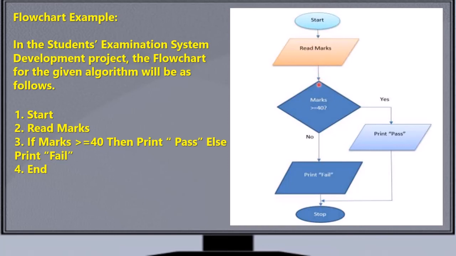In the third step, we use a condition statement: if marks are greater than or equal to 40, so we use a decision box or diamond box for this purpose. If the condition is true, marks greater than or equal to 40, then it will print pass. If the condition is false, it will print fail. And in the last step, we have used the terminal sign for the end or stop operation.